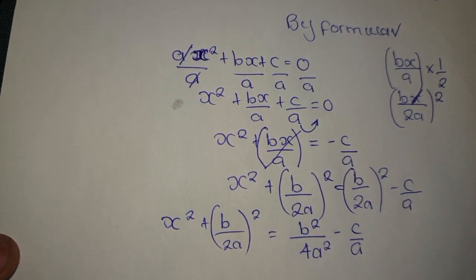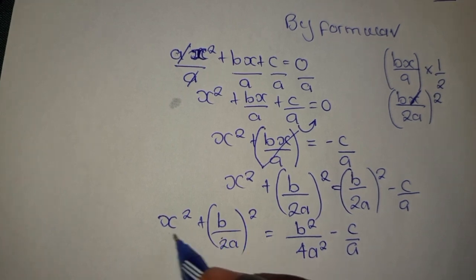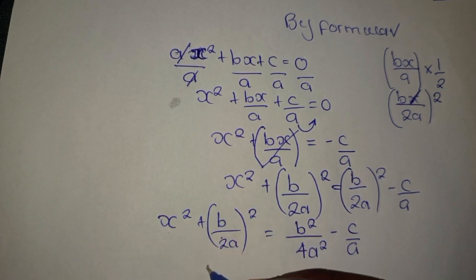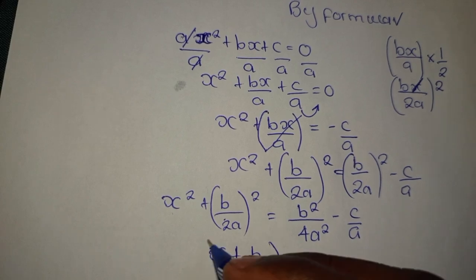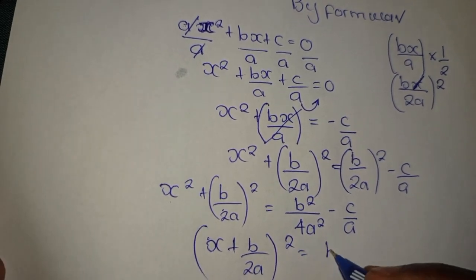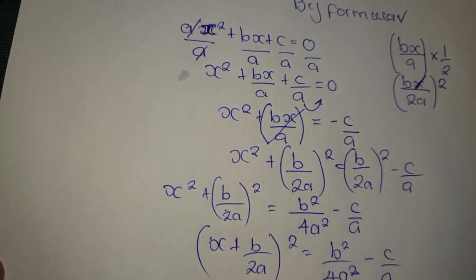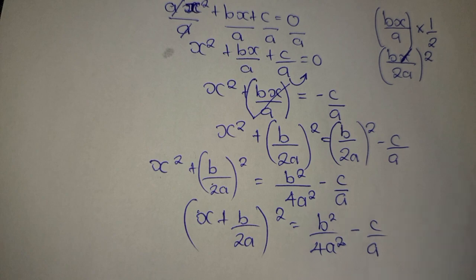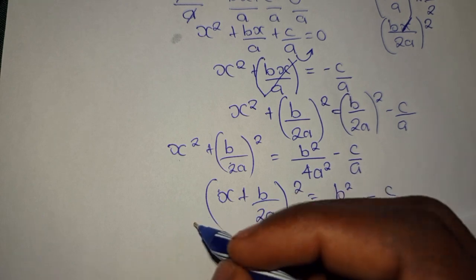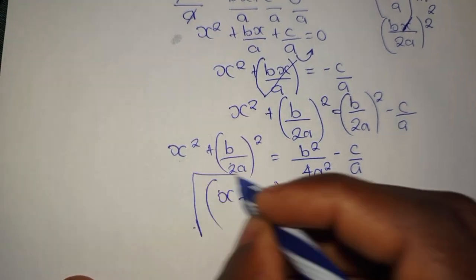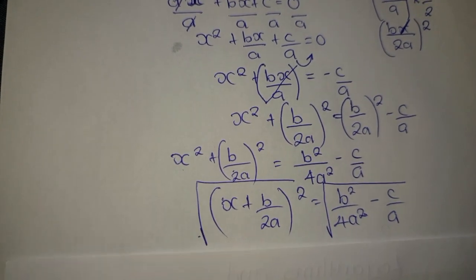Then immediately now we do this, we now get this and put them in one bracket because both have squared, and you have x plus b over 2a squared is equal to b squared minus 4a squared minus c over a. Then immediately now you do that. What you need to understand here is for us to remove this, we apply what is referred to as the square root. So we can apply the square root both sides. So immediately you apply the square root both sides, you basically have